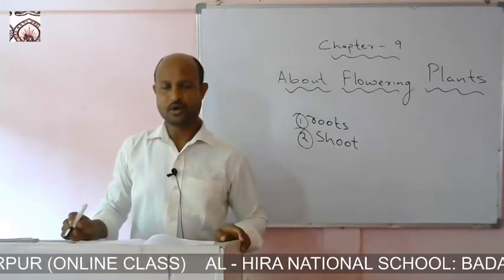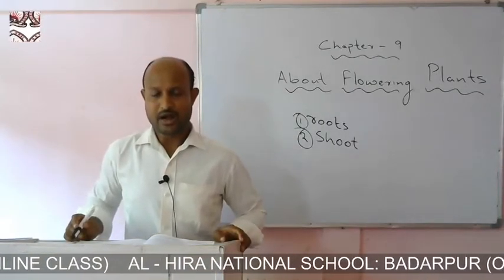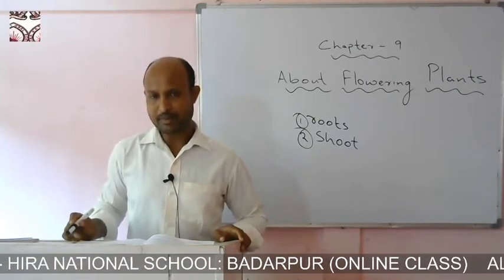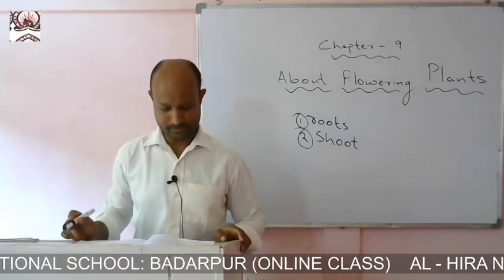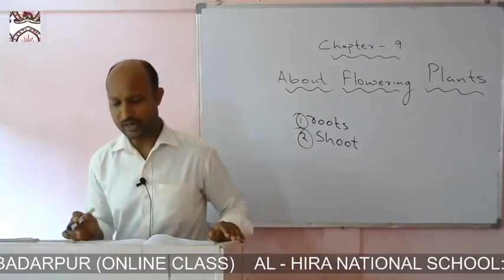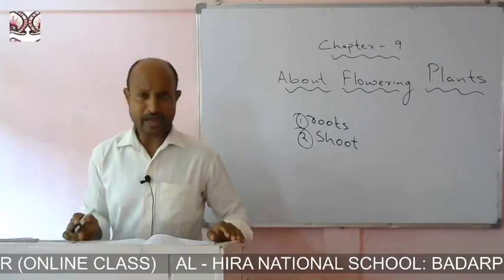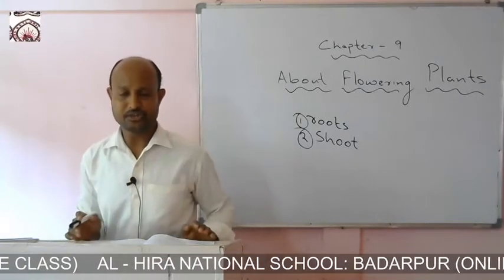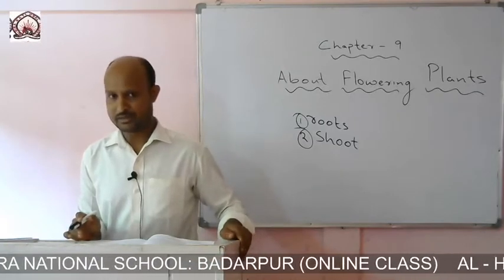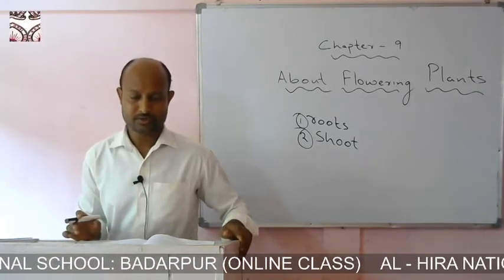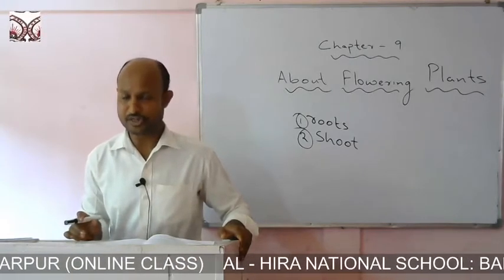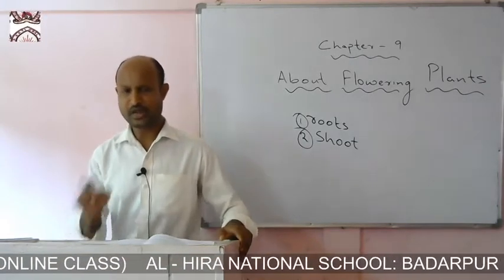So students, let us discuss the roots. The roots of the plants are the main part of the plant. They help the plant in many different ways. The part of the plant that grows under the ground is called the root. These roots are again classified into 2 major types in different plants. Some plants have fiber-like roots. That means they have many hair-like projections in the roots. Such roots are known as